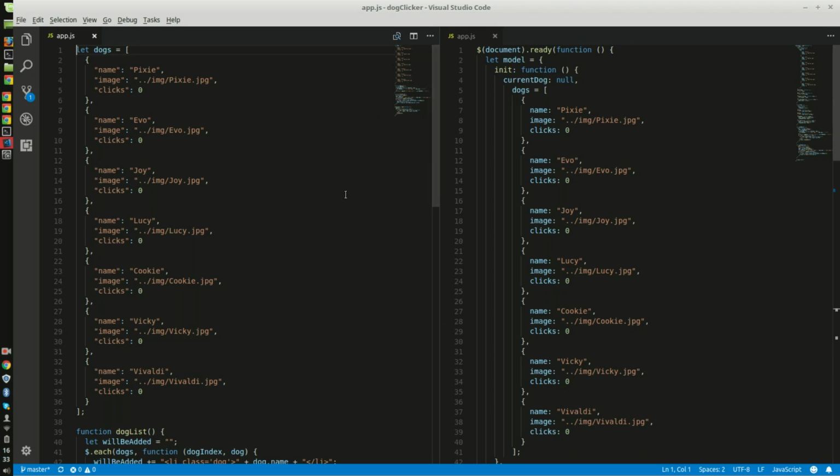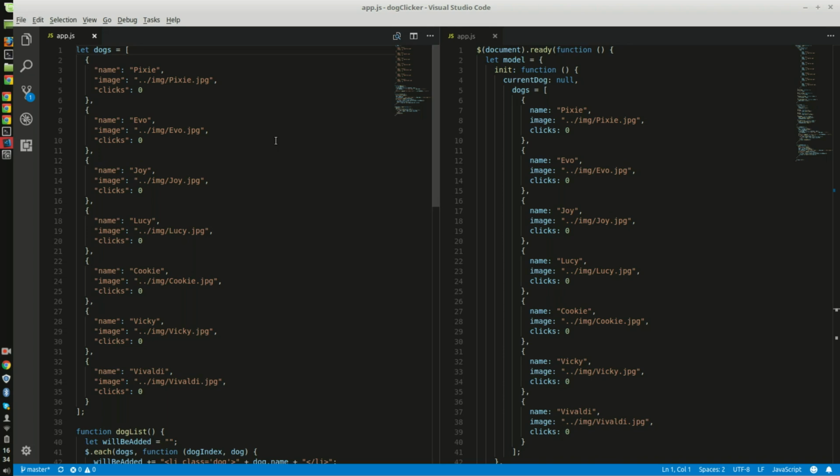So right here, on the left side, I have the third step code, and on the right side, I have the cleanly structured code. As you can see, it's already a bit more extreme. There's a lot more code involved. For the structured code, Udacity advises to use a model, a view, and an octopus. It sounds crazy, but it works. The model contains all your data and your shortcuts. The view contains what you want to render or initiate, and the octopus connects both together and also allows the